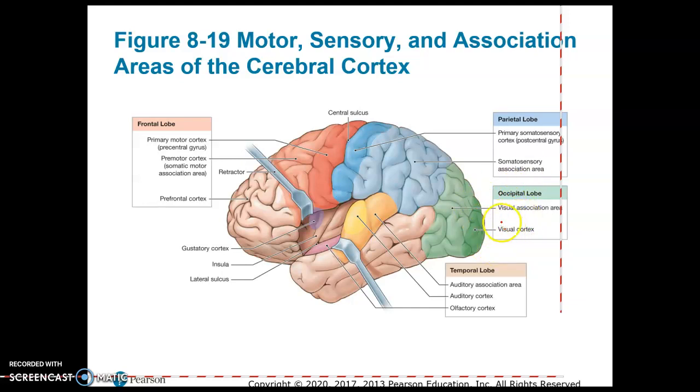So touching something hot and your skeletal muscles cause you to pull your hand back, different things like that. The frontal lobe is the somatic motor association area, primary motor cortex, gustatory